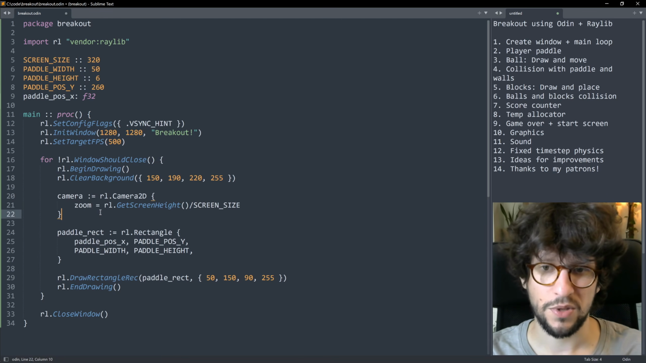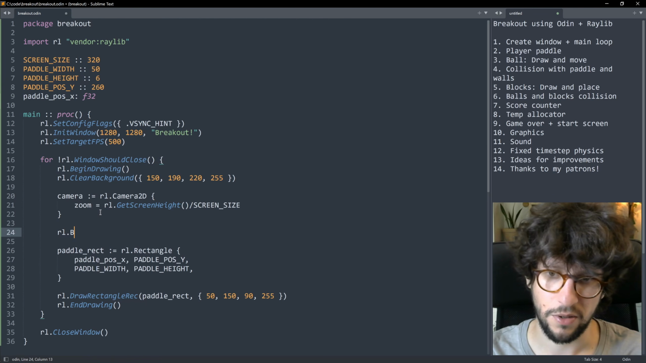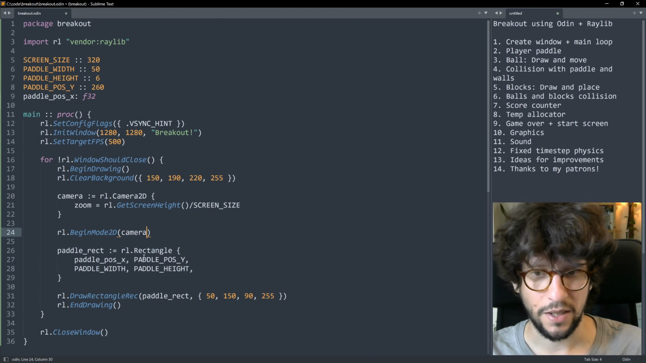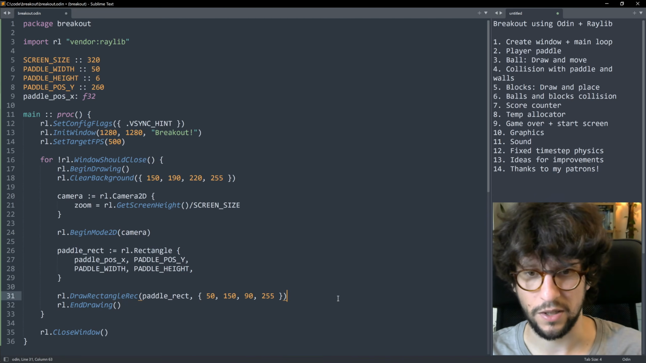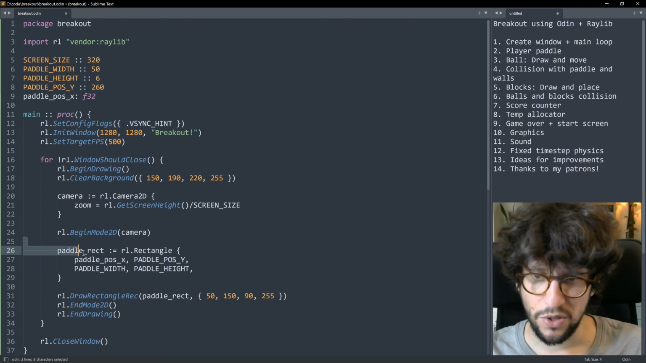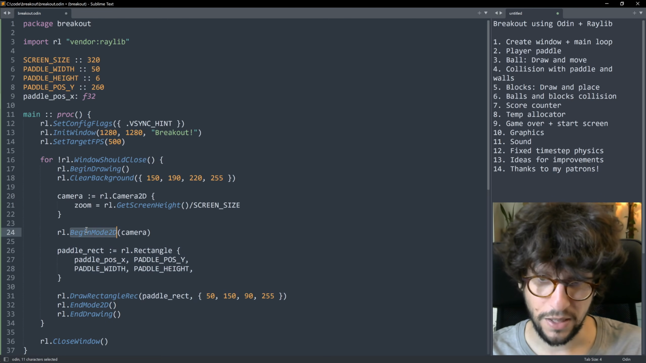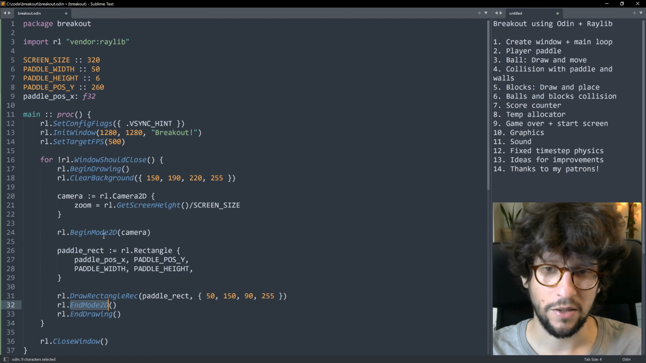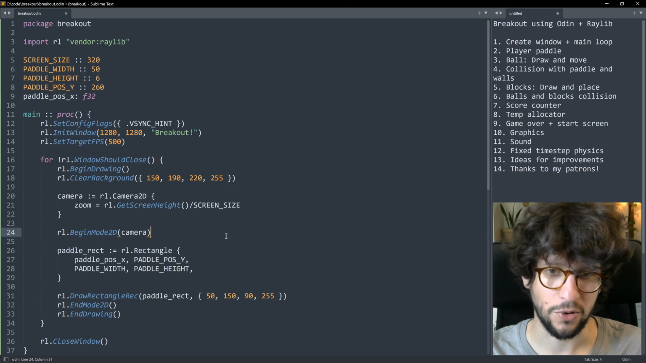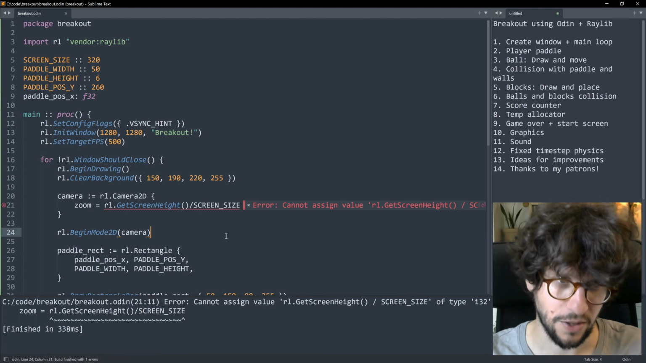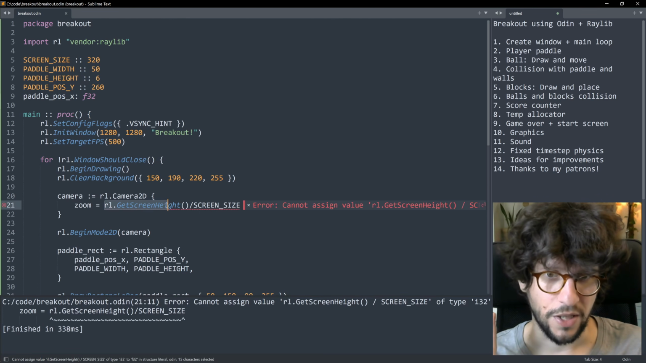So now we just need to use this camera. So just below here, below the camera variable creation line, we can write rl.BeginMode2D(camera). And then just before EndDrawing here, we can write rl.EndMode2D. This means that everything that goes between BeginMode2D and EndMode2D that uses the Raylib drawing stuff will use this 2D camera to look into the world. If we now try to compile this, there is a compilation error. So rl.GetScreenHeight